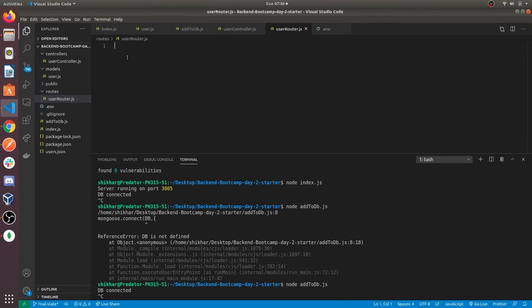Now we will define the route and map our controller to each HTTP method basically. So for creating a router, we need to use express.Router, so import express.